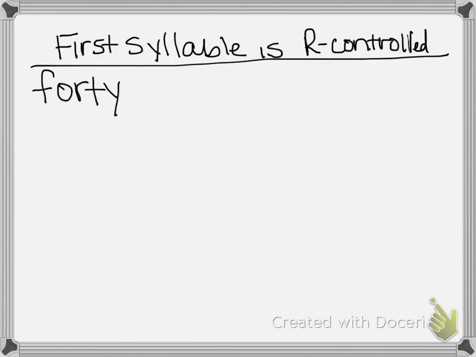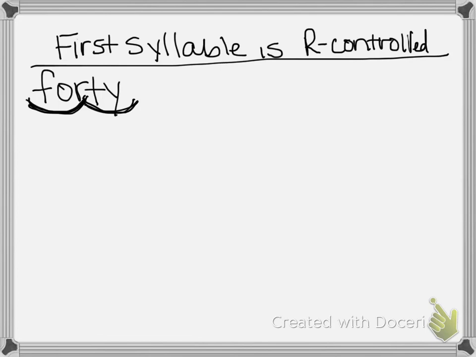If we follow that rule, if the first syllable is R-controlled, where did I say we were going to split those words? After the what? R. So, before we even read this word or know what it is, we're going to say, okay, well, there's an R-controlled vowel here. So, I'm going to split after the R, and that's my second syllable. So, in this case, what's our first syllable? For. Second syllable is T. So, the word is